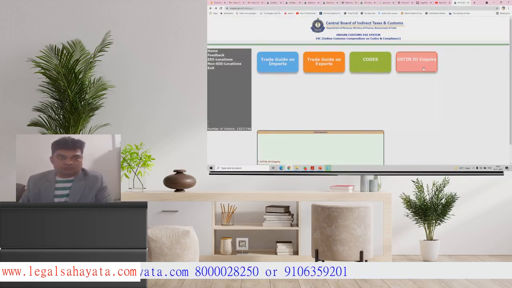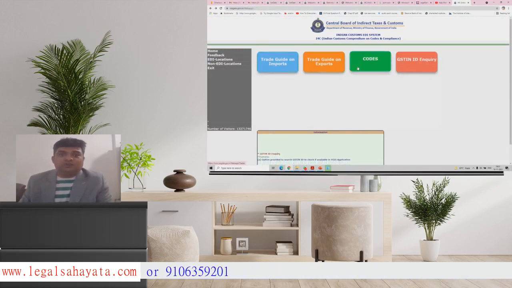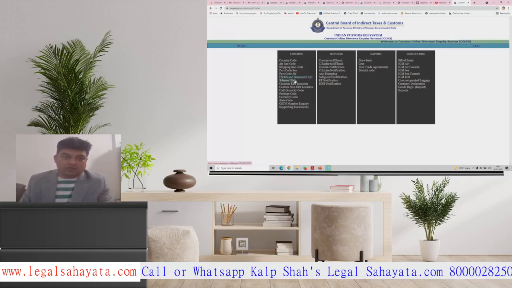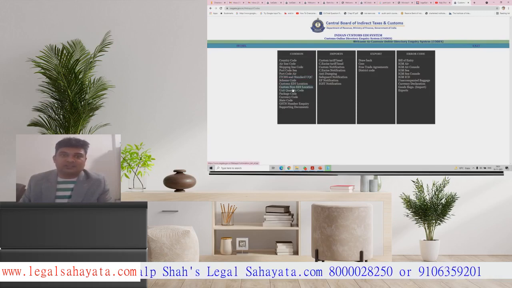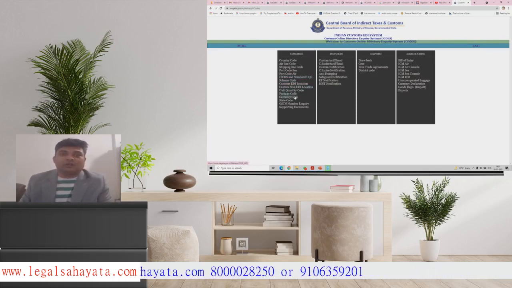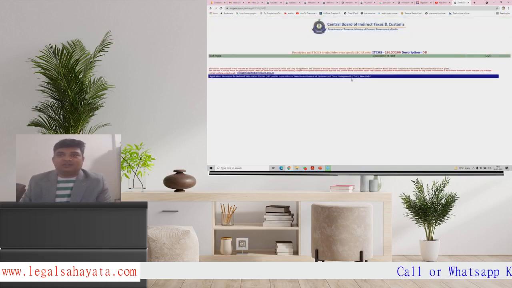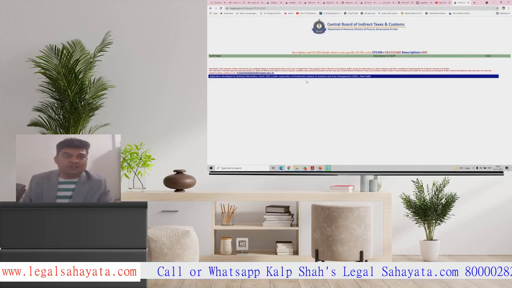Then this is the page where you can find some more codes also, like country code, airline code, port code sea, port code air, ITC HS, and standard UQC. That means you can find the ITC HS code also over here. Scheme code, customs EDI location, customs non-EDI location, unit quantity code, package, let's see, ITC HS. That means you need to add some item and then add some description and then search. Description not found.